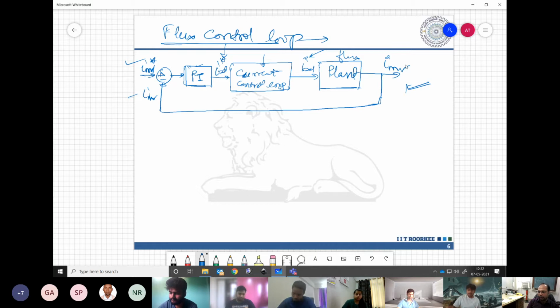Understanding my point? That is what is giving us IMR. So in that plant we have input of ISD and output as IMR. Each of these terms is clear, right? Any confusion in this?